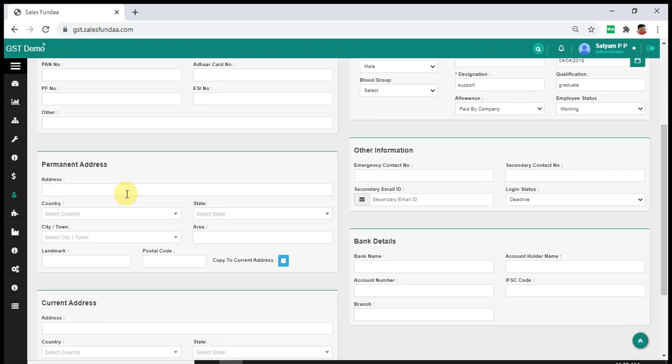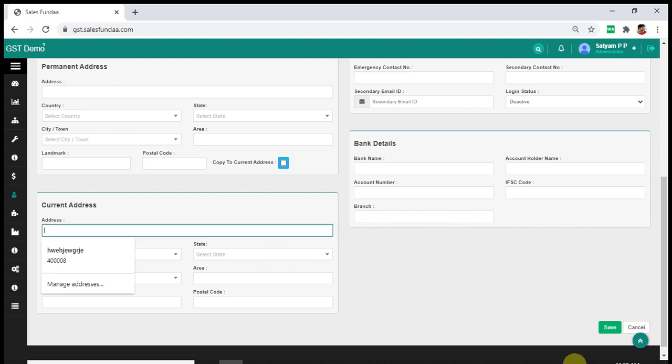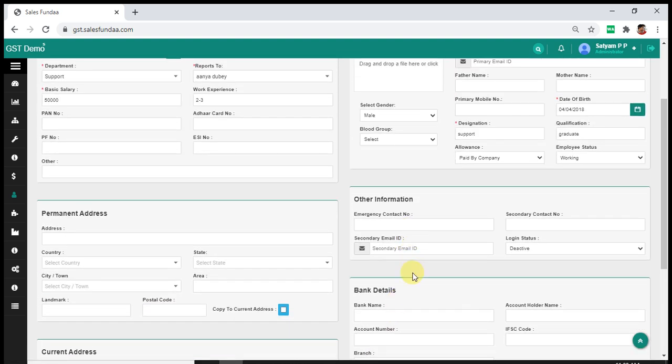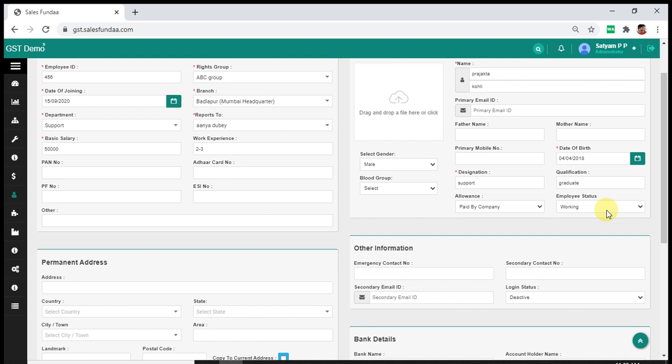Add their permanent address, country, state, city, area, landmark and postal code according to you. You can also add their current address and other information and your employees' bank details, and always keep the employee status on working if they are.